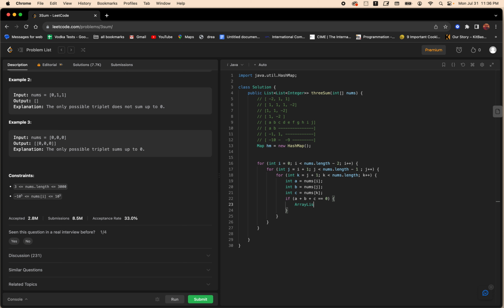Array list nums, or list nums equals array list, nums push